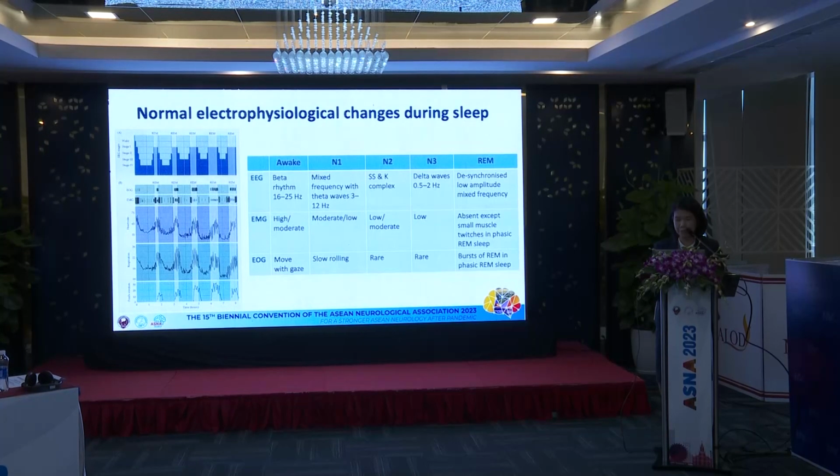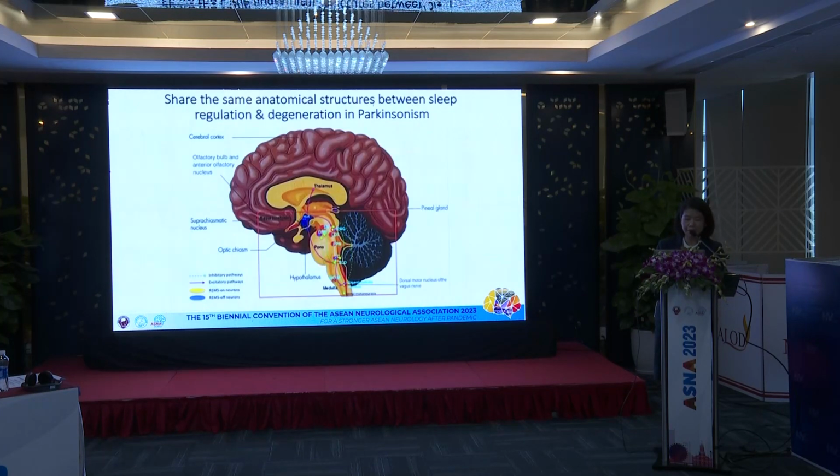of the REM sleep. So when we focus on the sleep disorder, the sleep staging is one of the important parts that you have to know, because each sleep disorder occurs in a different sleep stage. And when we focus on the EMG, the highest EMG we found in awake, and then it progressively decreases from N1, N2, N3, and then absent in REM sleep. This is the normal physiology of the sleep. And because the sleep regulation and the degeneration in Parkinsonism share the same anatomical localization,